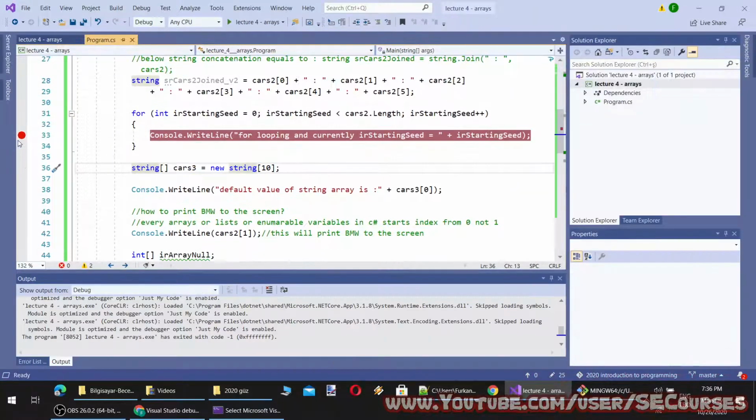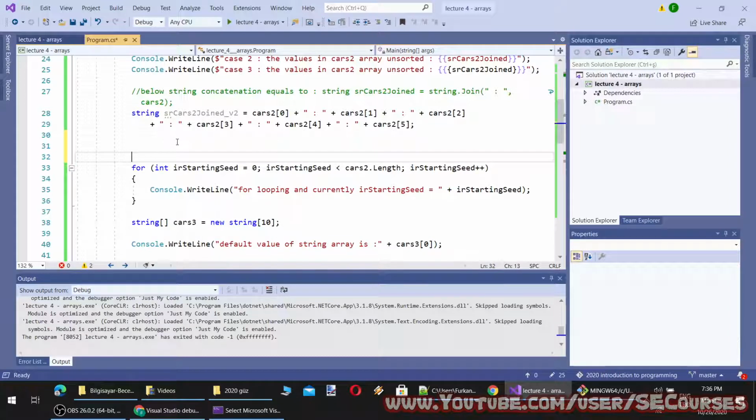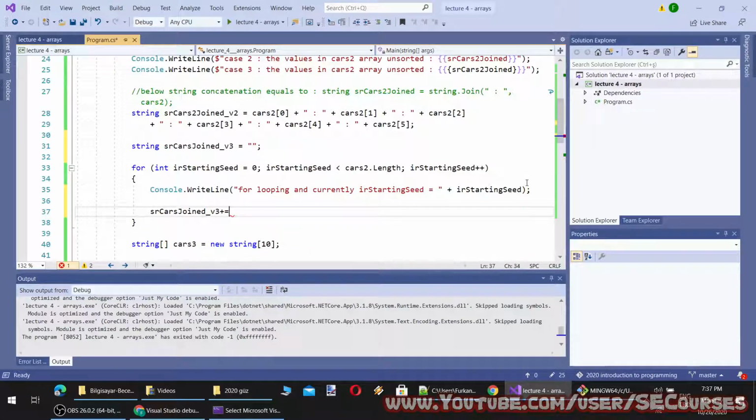So how can I use this for loop? I can use the for loop like this. I'm composing an empty string. You see, you need to create an empty string to assign to it like this.